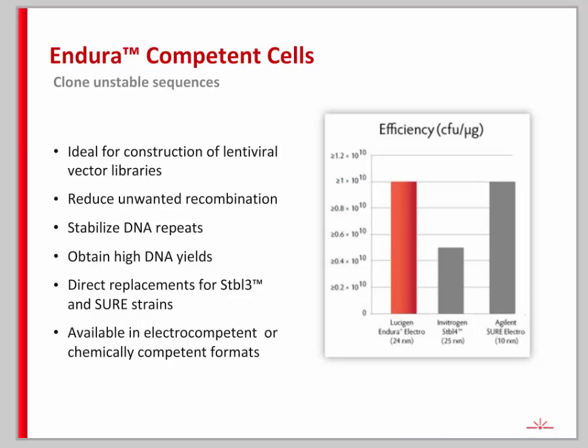So Endura is an example of a strain that can be helpful for enabling the cloning of highly repetitive sequences. Even though the E-clone I10G and 5-alpha strains carry the RecA mutation, there are some repetitive sequences that cannot be cloned in those strains. And in these cases, the Endura strain might be an answer. There is no specific genotype that you can point to that accounts for the ability of Endura to maintain repetitive sequences, but the strain has been found to be particularly useful for maintaining repeat sequences, and especially those found in